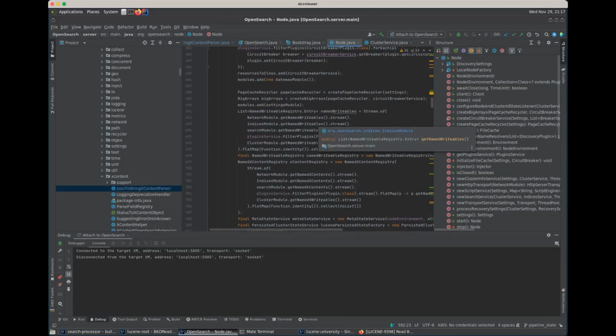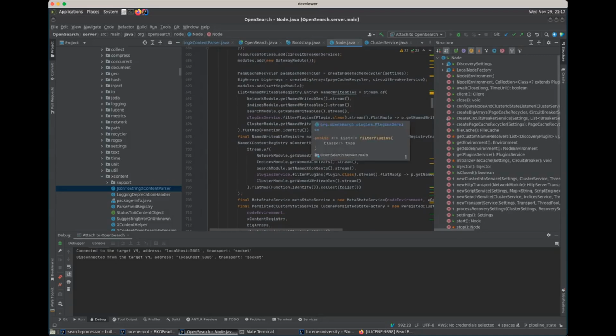And I'm pretty sure we would find that overall, the OpenSearch node is very highly interconnected, which, again, is not great from a software engineering standpoint. And you can see how it would be very challenging for us to decompose OpenSearch into a series of microservices. We can try,